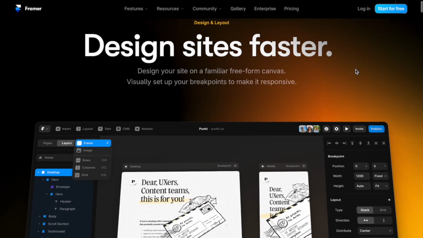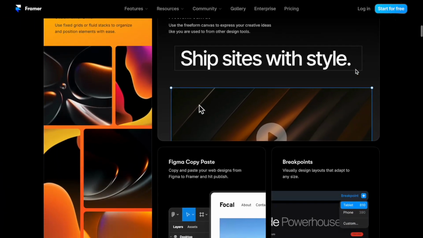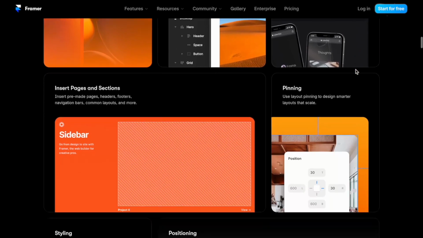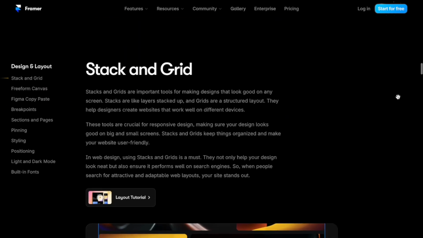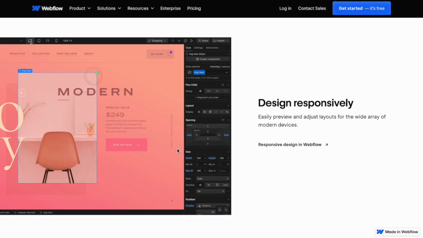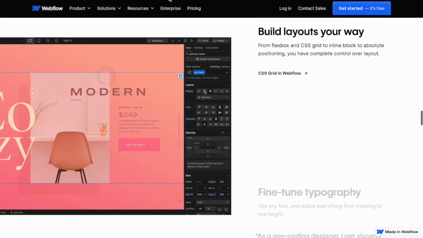But Framer has been creating this hype over how simple the UI interface is and how easy it is for you to quickly whip up a design and actually get a page up and running with easily including different types of elements and have a look ready pretty quickly. Webflow still allows a little bit more control over its CSS and HTML customization, which, like I mentioned before, is essentially just the elements you place on the page and what you want to do with them with the styles